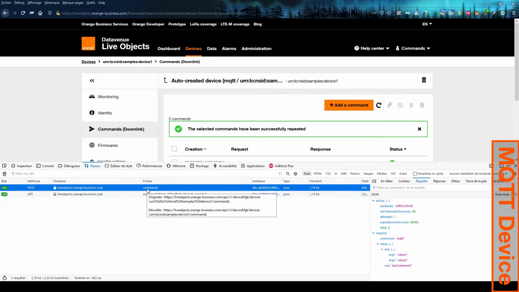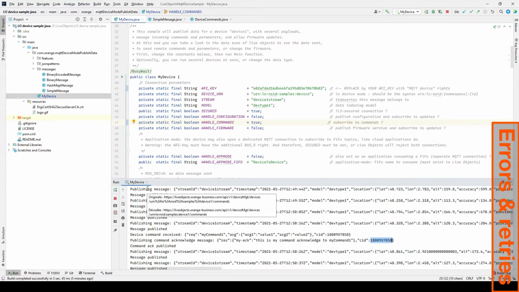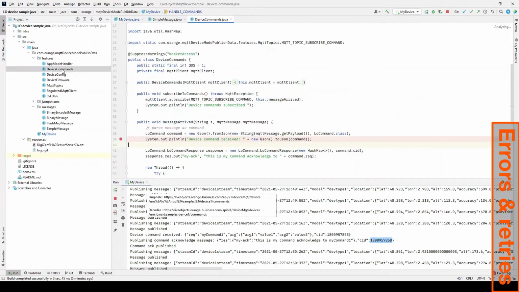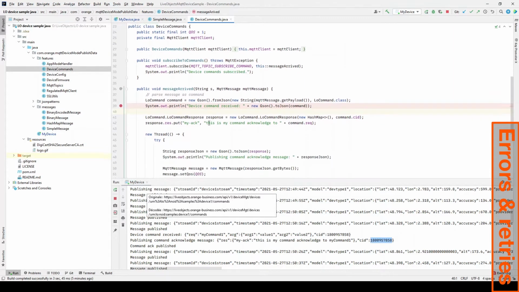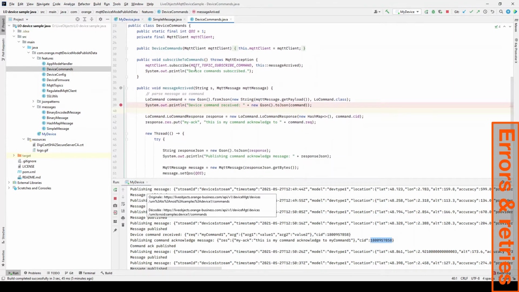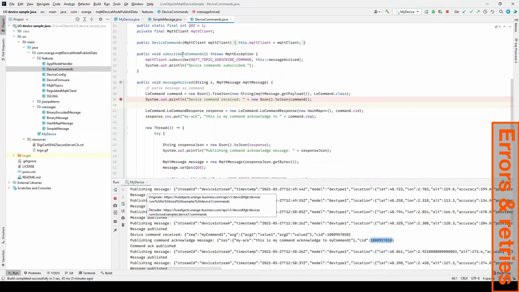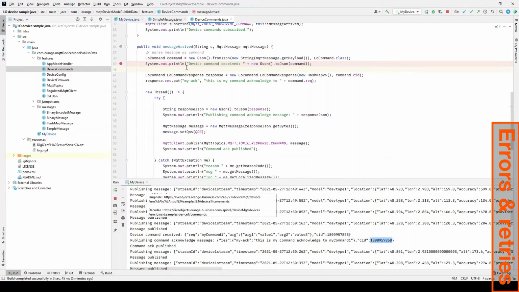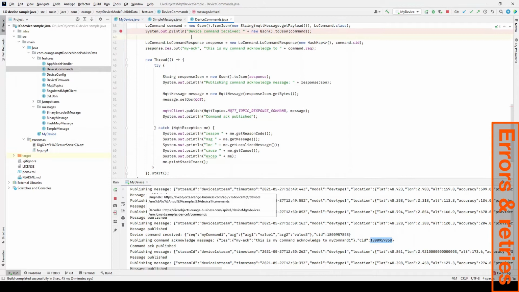So it's quite easy to use it from your program using our APIs. Now, what if in my program here I change something? In the device commands, this is how commands are managed. I subscribe to the topic, and when the message arrives, I prepare a response that I send.